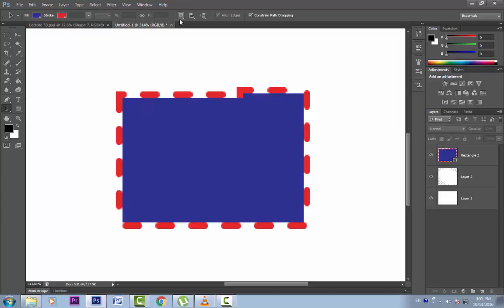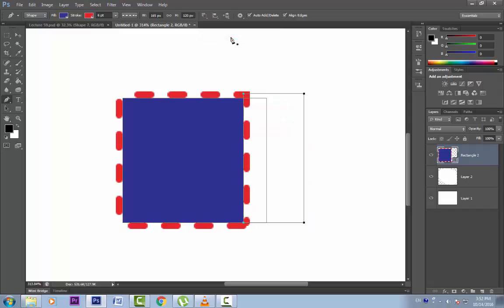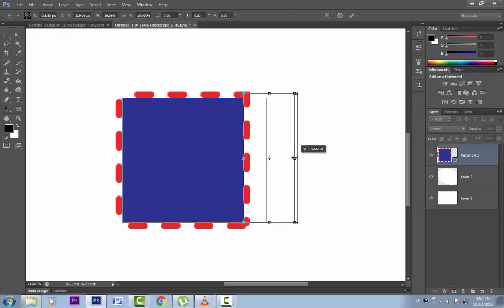Let's now talk about some more operations up here. Now these are called the path operations. If we click on this drop down, we can see that by default it is set to combine shapes. Now if we select another operation, say subtract from shape, you can see that the front shape is being subtracted from the back shape. I am selecting that shape and taking my transform tool and